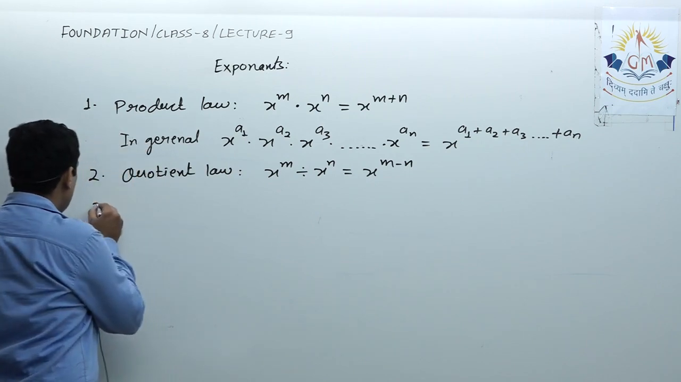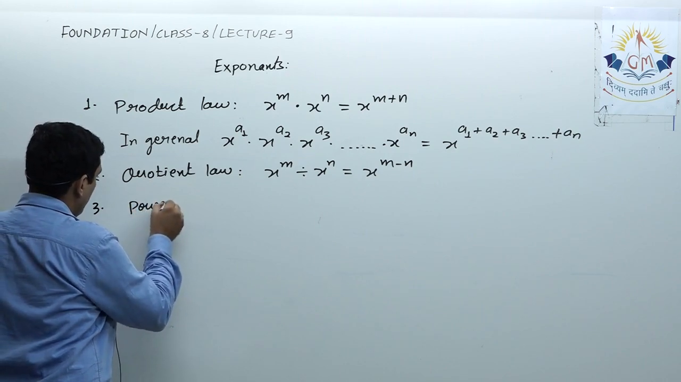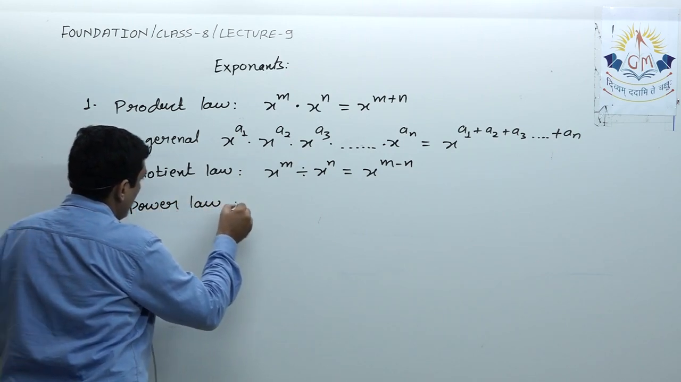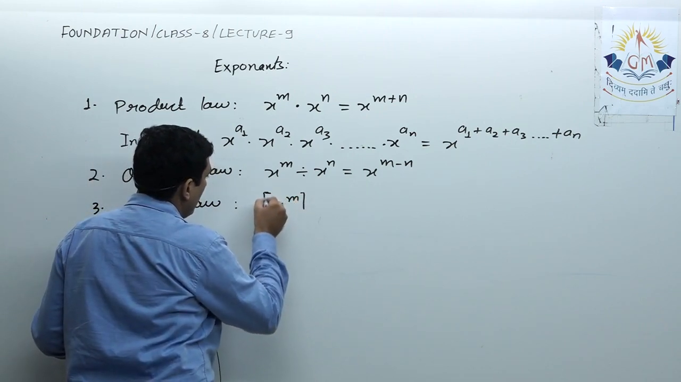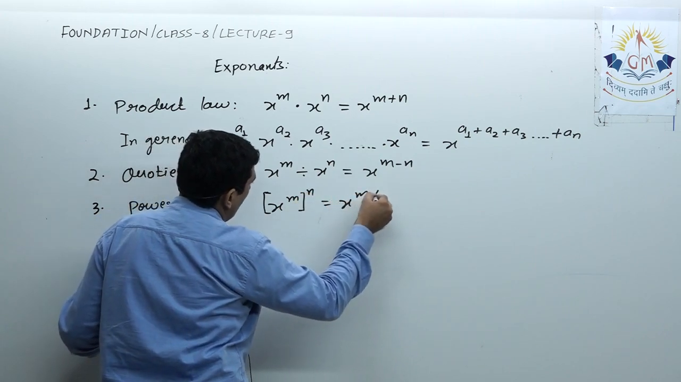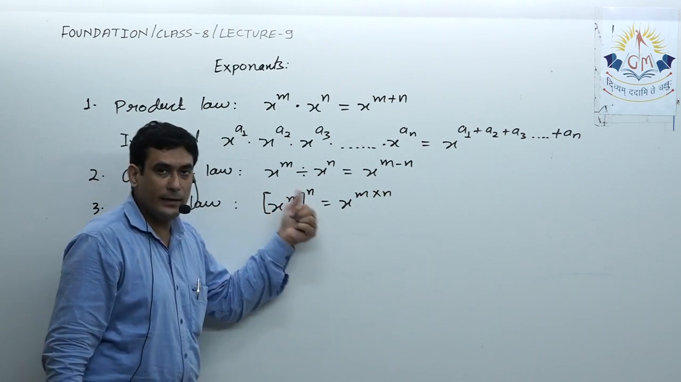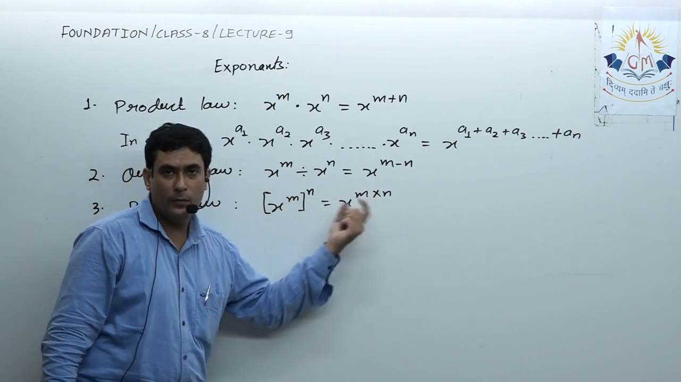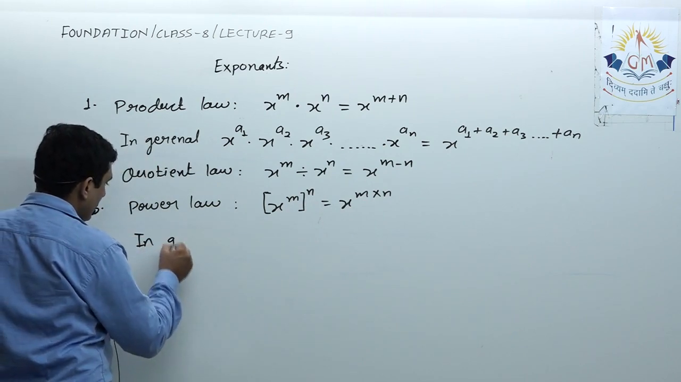Now the third law is the power law. This says x raised to m, raised to n, is equal to x raised to m multiplied by n. That means if there is a power and again there is a power, then we'll multiply the powers or the exponents. Now in general here I can write,